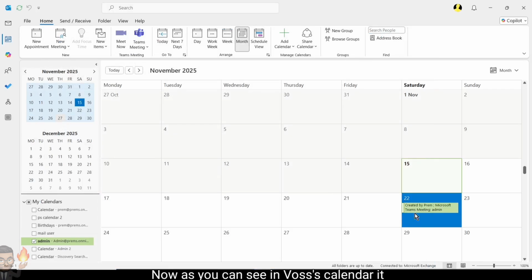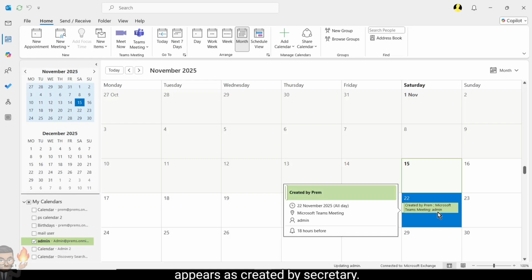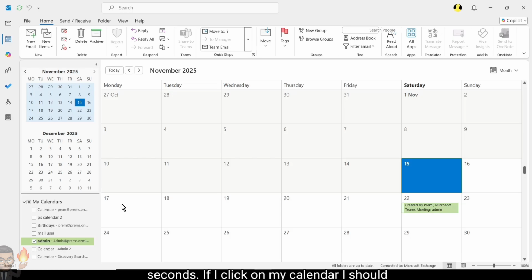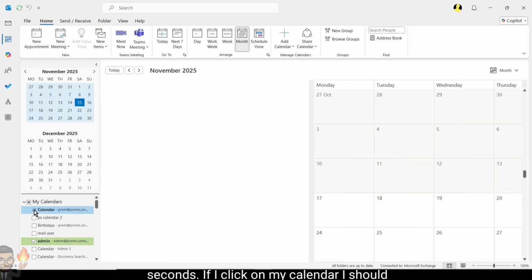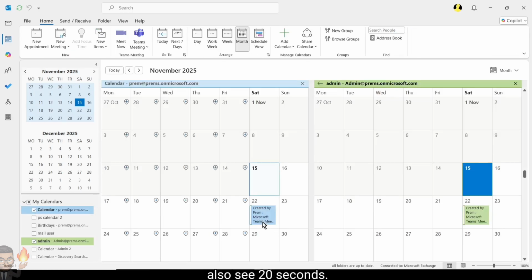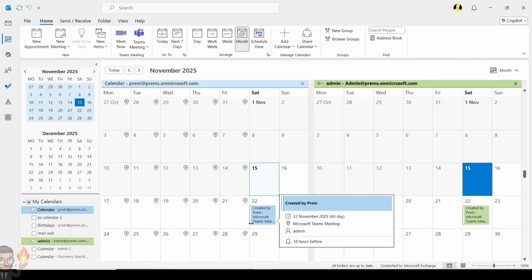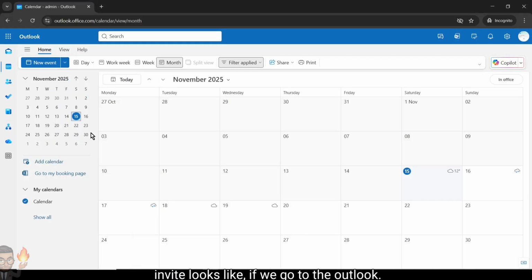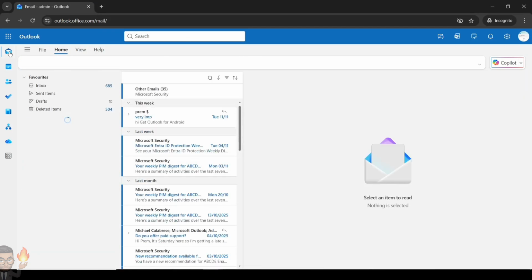Now, as you can see in boss's calendar, it appears as created by secretary and what kind of a meeting it is. It is 22nd. If I click on my calendar, I should also see 22nd. And if we were to check the invite, what the invite looks like, if we go to the Outlook,